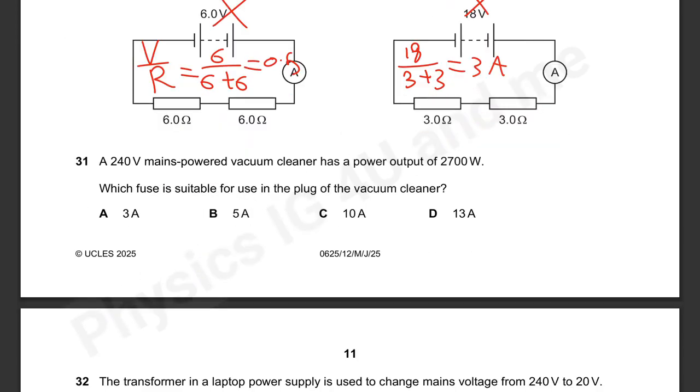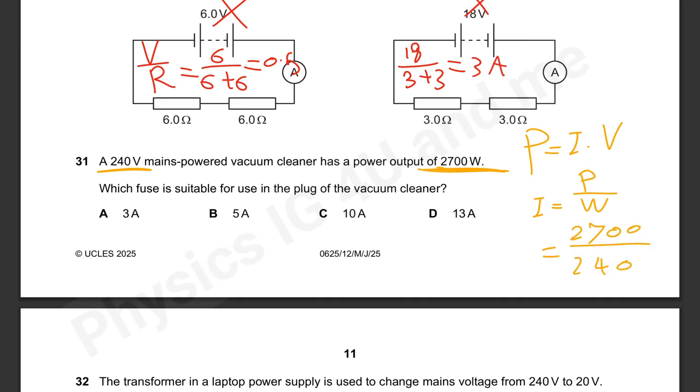Question 31, it says a 240 volt powered vacuum cleaner has a power output of 2700 watts. Which fuse is suitable for use in the plug of the vacuum cleaner? To find the suitable fuse, we have to calculate the current. We know already that power equals current multiplied by voltage. So current equals power over voltage, which is 2700 over